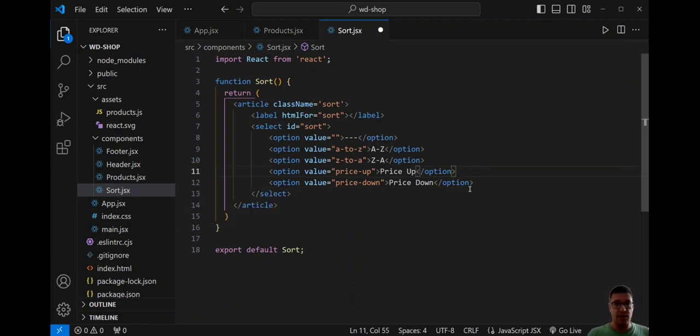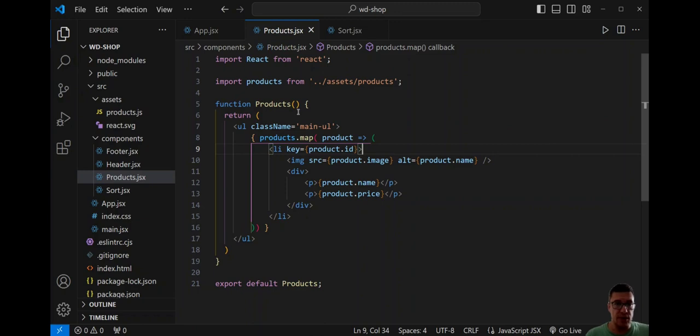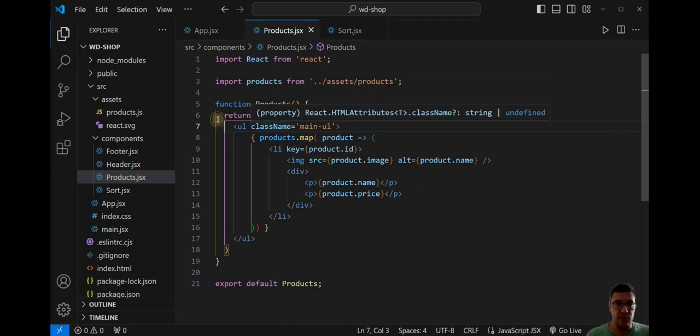So you understand my intention, I hope. There will be 4 ways to sort our array. Okay, so where should we put this sort component? I want it to be put inside of our products. In fact, I will put all of this